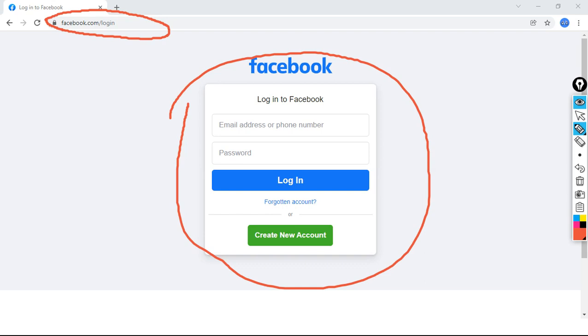Let me repeat once again. I am clicking on the back button. You need to observe here, this is the back button. I am clicking on the back button. 1 2 3.